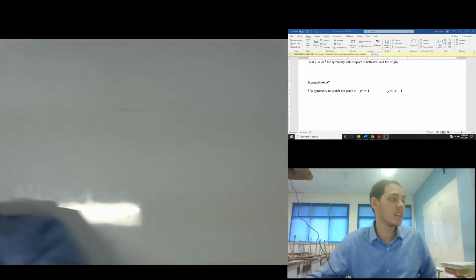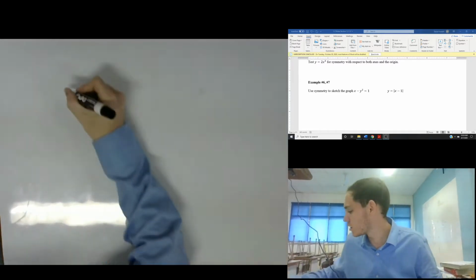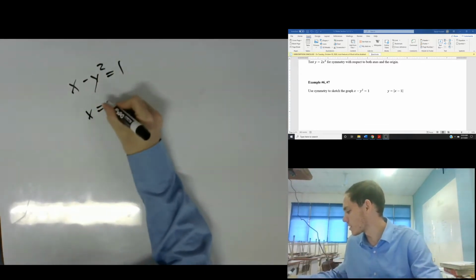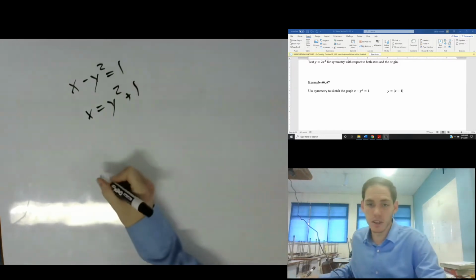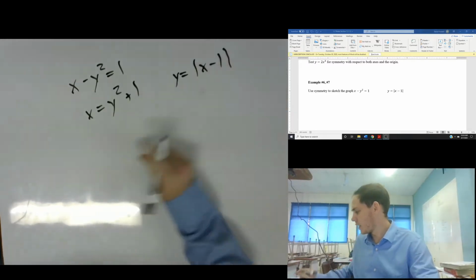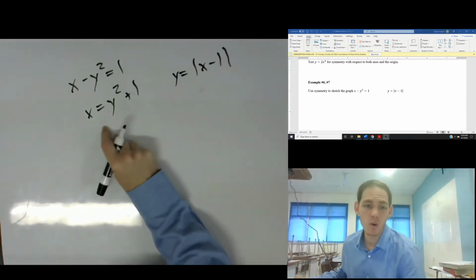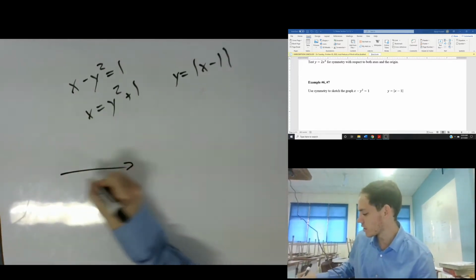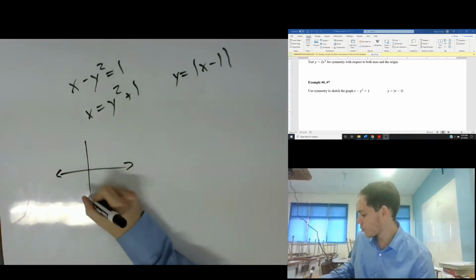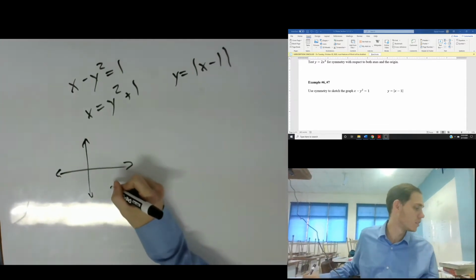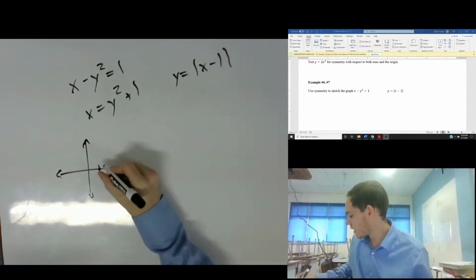Okay, now in the notes we see two examples. Y equals negative y squared, x minus y squared equals 1, which just equals x. And then we also have, okay, now I just want to point out, this is a quadratic, okay? Now it's a quadratic that is horizontally oriented, which if you were to look at it would mean that you're going to move one over here and the graph is going to kind of look